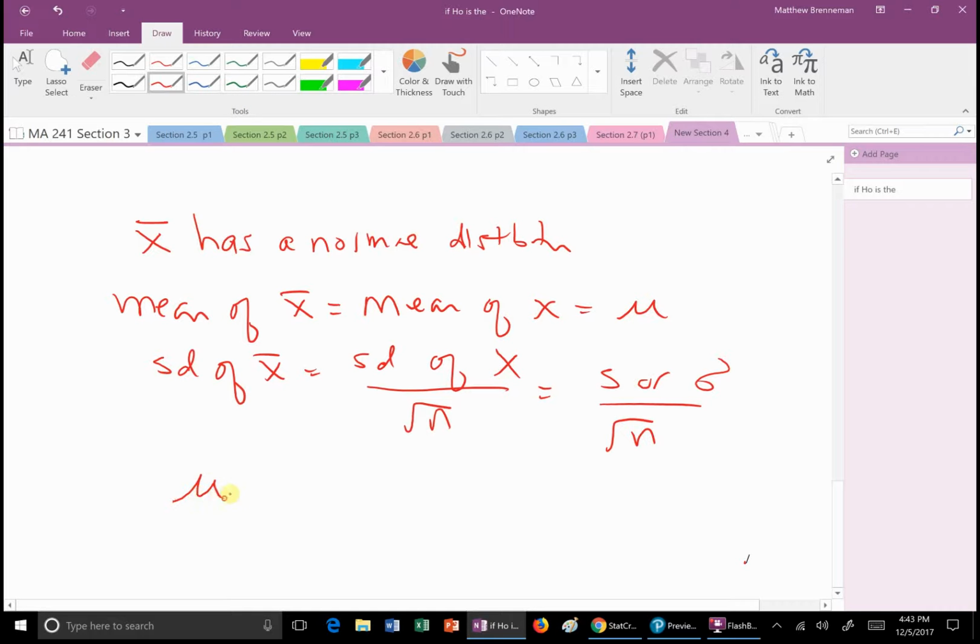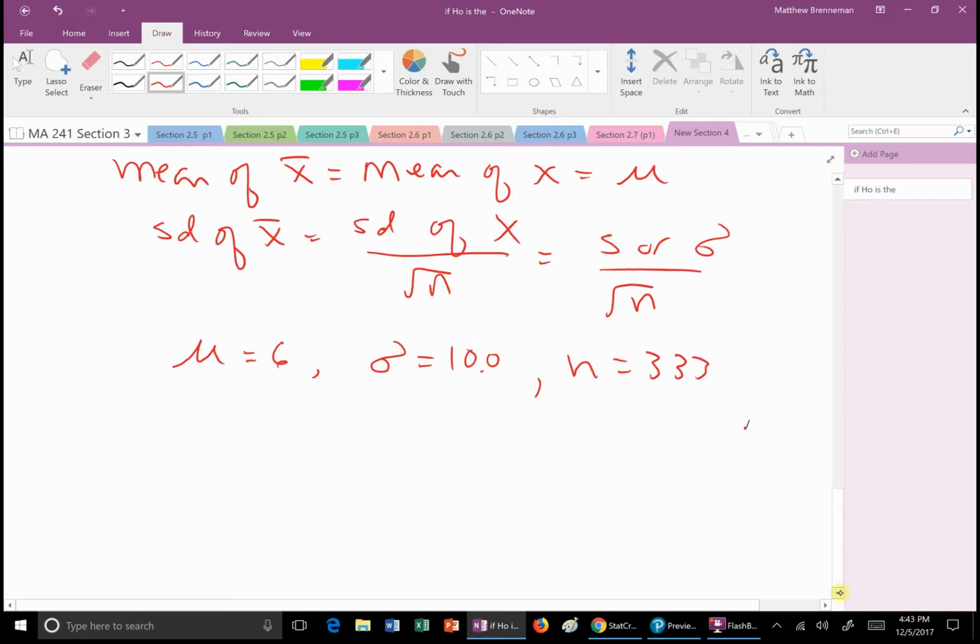Okay, we know that the mean is 6 parts per billion, and we know that sigma is 10 parts per billion, and we know that n is 333. So that lets me figure out what the distribution of X bar is. So X bar has a normal distribution,